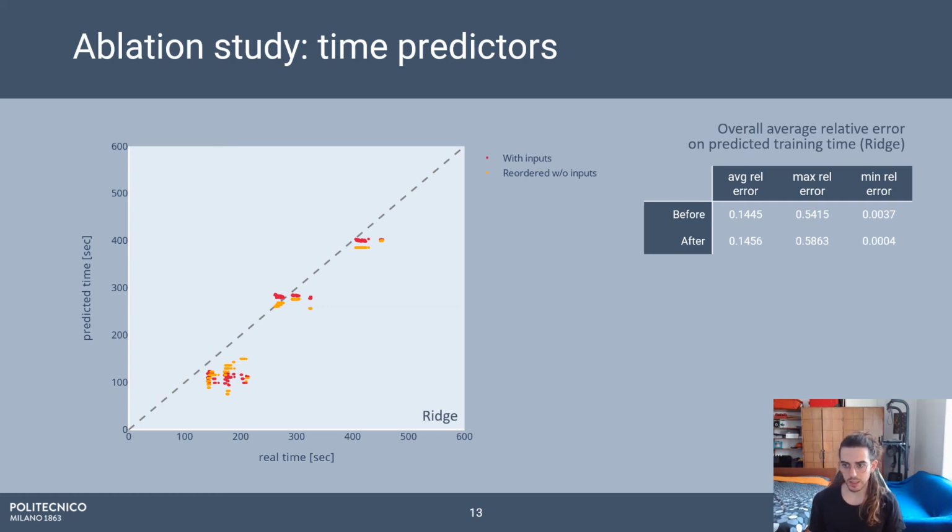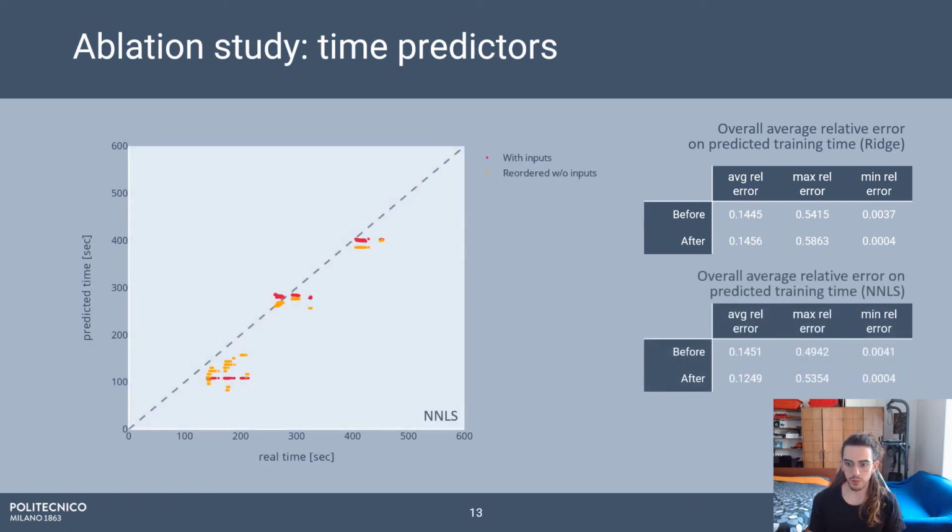Actually, the results are not improved for the ridge regression, but for the NNLS, we can see a quite important improvement. And so, for this reason, we have selected the NNLS as the algorithm to use in POPNAS experiments, as you can see from the improvements in the lower part of the table.